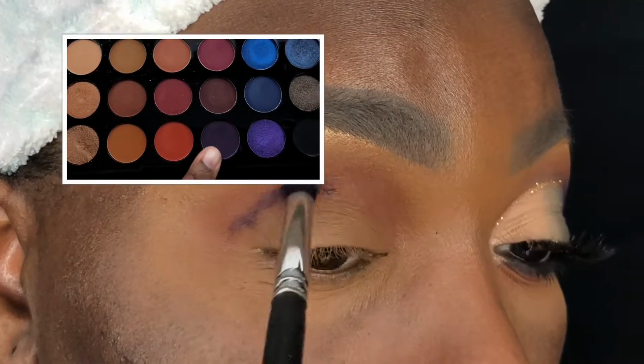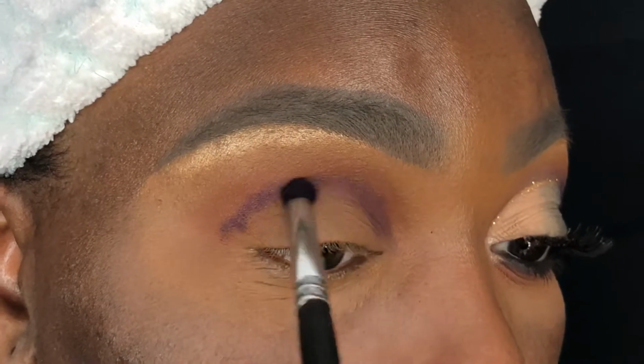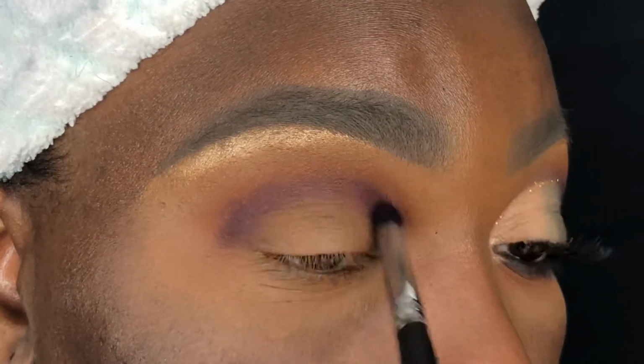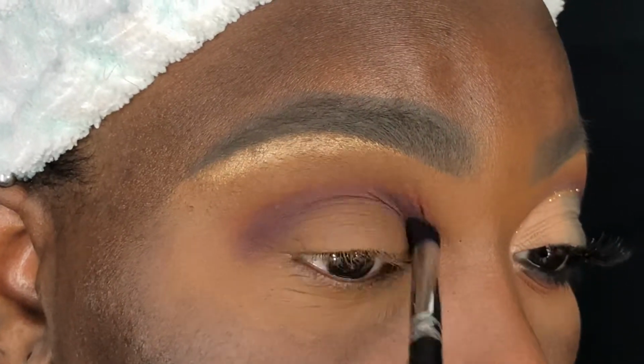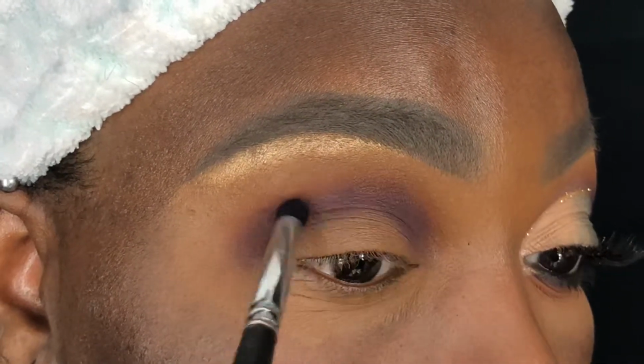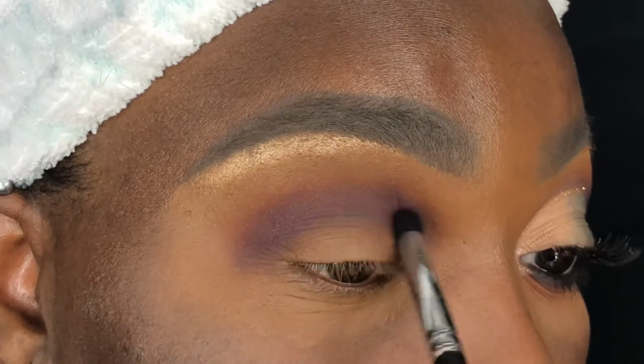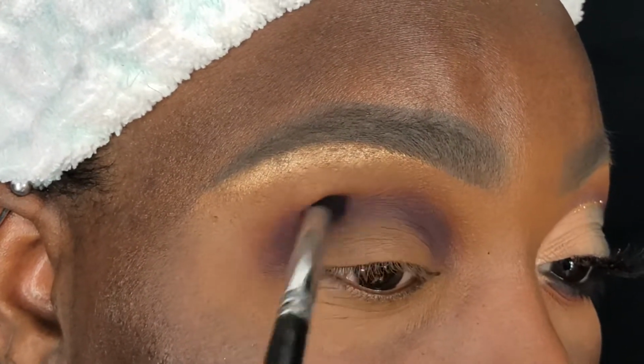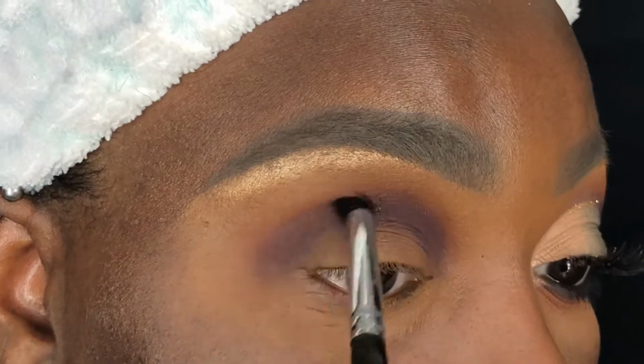Now switching and going into the Morphe 35V palette, I'm going to use this deep purple shade called Bad Boy, and I'm going to deposit it directly into my crease using my Morphe M169 brush. This brush is such a good brush because it's so small. That way I can deposit the color directly into my crease without worrying about it getting crazy and all over